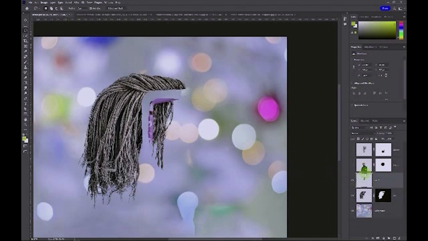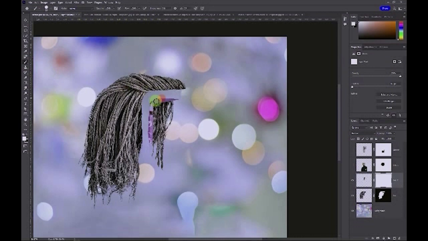And again, I need to create a layer mask so that I can mask out that handle that came in with my rough selection. It's easy to do. Just going to add a layer mask to that layer that the hair section is on, and then I can use my black paintbrush to paint out that section. Sorry, I'm using white paint. I need to flip that, so I'm using black paint, and then that will allow me to mask out that